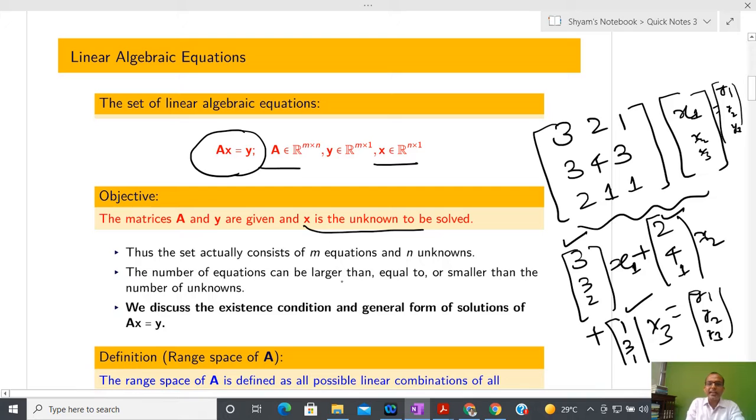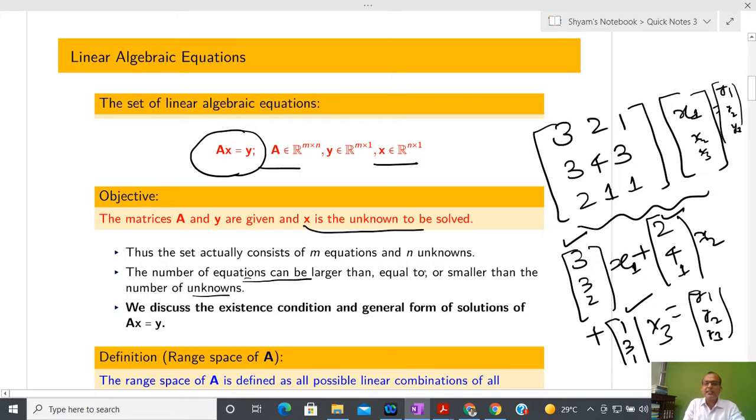The number of equations can be larger or smaller than the number of unknowns. I have told you several times that I am going to solve some kind of estimation problem. At that time I have to do experiments, and after that I have to identify the parameters. In a neural network also, suppose the system order is very large, but I cannot perform infinitely many experiments, so by performing a finite number of experiments I have to identify some quantity. So sometimes the number of knowns is lesser than, sometimes greater than the unknowns. Both possibilities are there.